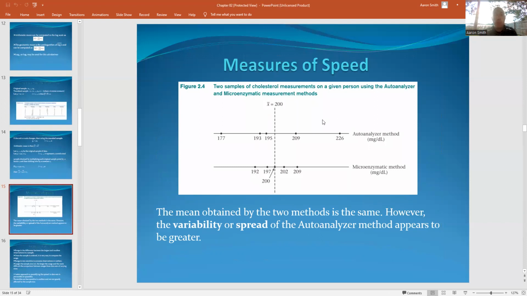All right, so now this should be measure of spread, not speed. Okay, so